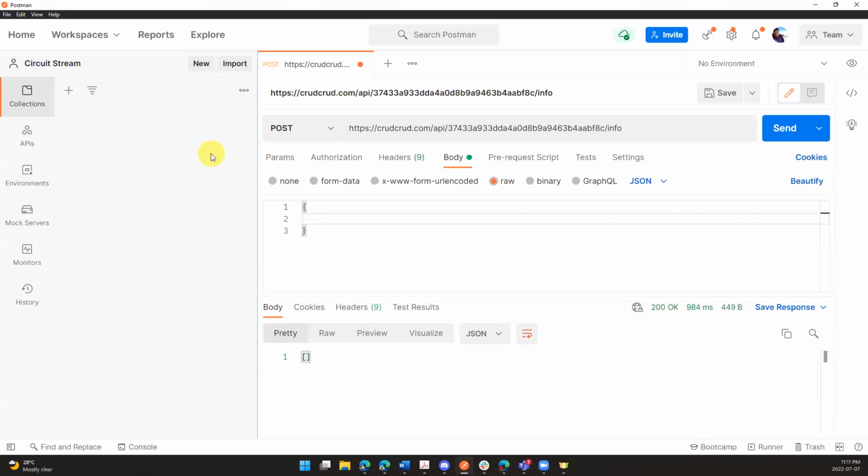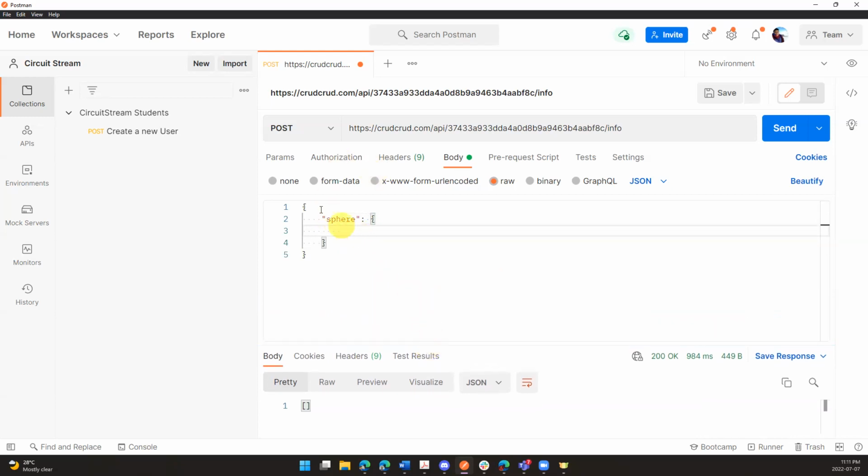In my post method, I'm going to create the first key, which is the sphere. And as for the sphere, I'm going to open up another JSON inside of this. This is called nested JSONs. So this is the main JSON, and inside of this, we have the sphere and another key. This is going to be red, and I'm going to give an integer value, 34,